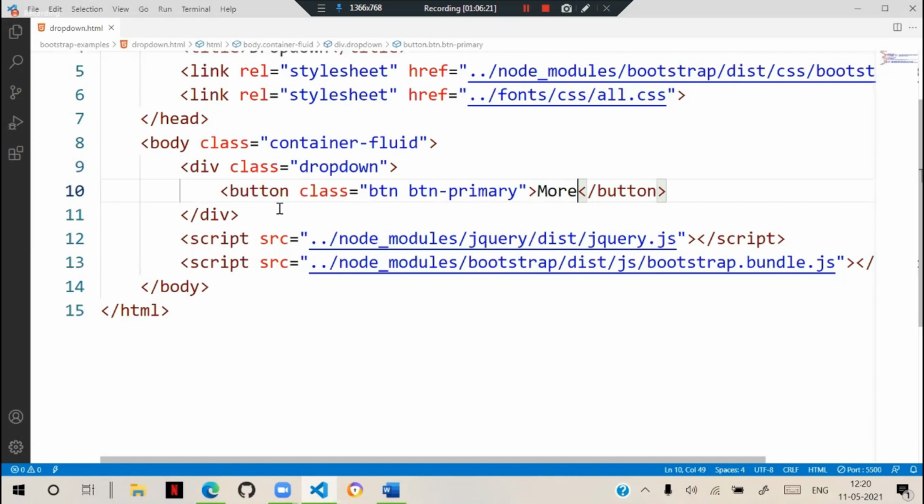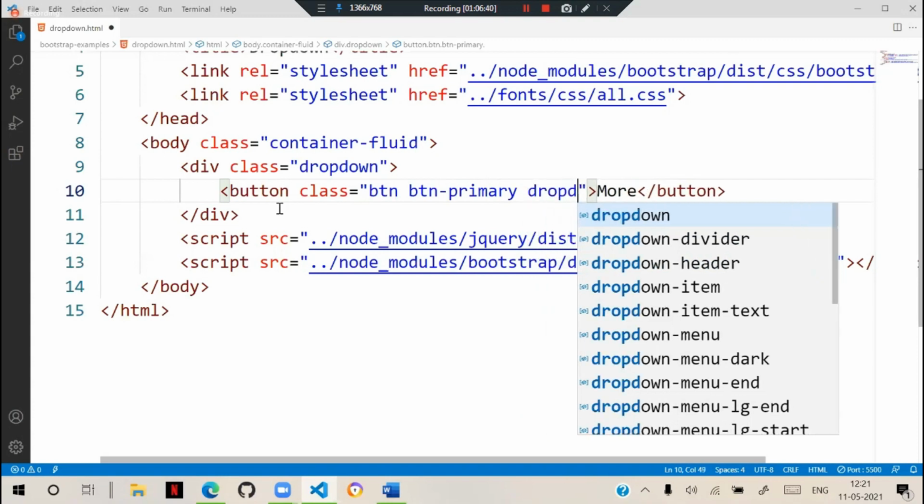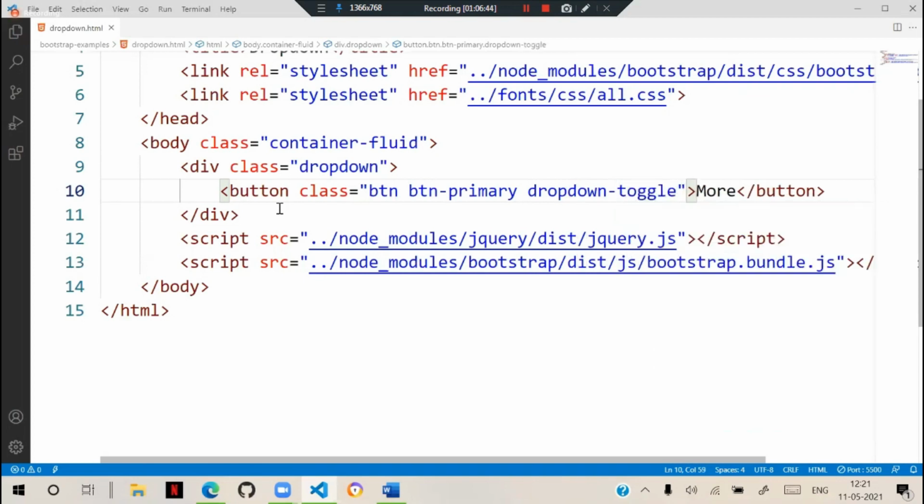Now, if you keep a button inside the drop down, you can make this button a drop down toggle button. So we can add the class dropdown-toggle. That means on click, it should toggle. That's what dropdown-toggle is.